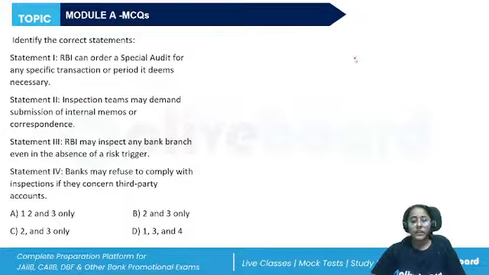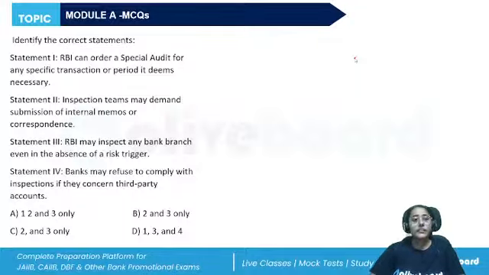the functions, powers, duties of the auditors, liabilities, penalties, these are defined in the Companies Act. But RBI is going to authorize the auditors to conduct the audit, particularly if it is a special audit. RBI is empowered to conduct or order a special audit and it has to be complied with. It can be because of any transaction or a class of transactions. By the same order, they can appoint a duly qualified auditor, and the expense of the special audit has to be borne by the banking company.